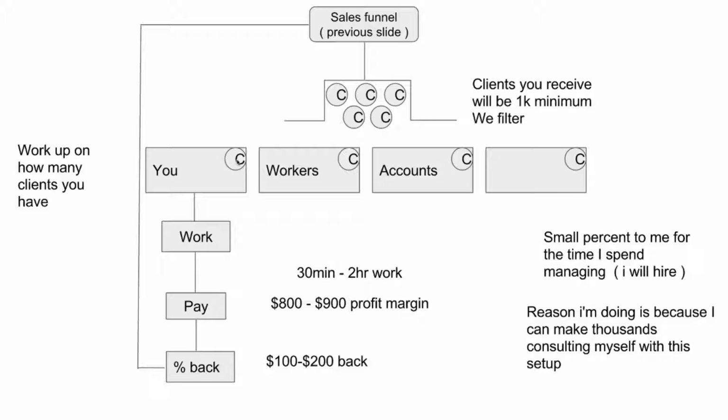account. You can get more than one at a time. I'll touch on that in the next couple of slides. So the whole process is you get the client in your account, you do the work for them, you help them explain it and everything, and you get paid for that at the end of the month. After that, you give a percentage of it back, 100 to 200 back, because it takes a lot. The whole sales funnel